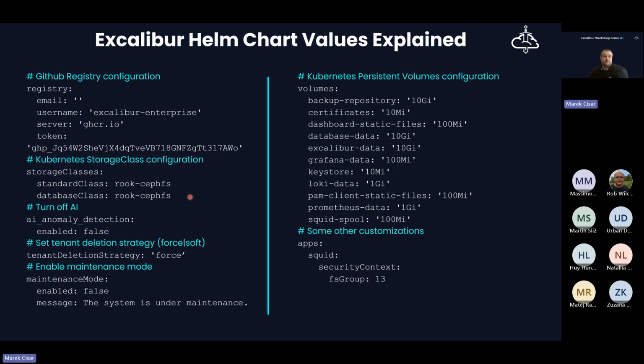Typically, you will have some kind of storage class created or configured on your Kubernetes cluster, and this storage should have its own storage class definition. Here you will enter the name of such storage class, and the Kubernetes cluster then will take care and provision all necessary storage objects within this storage class.